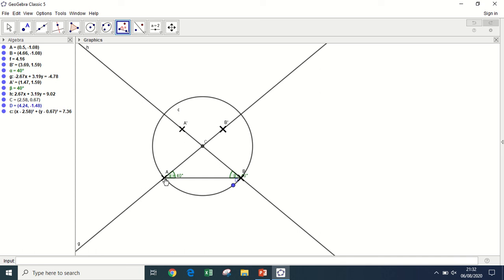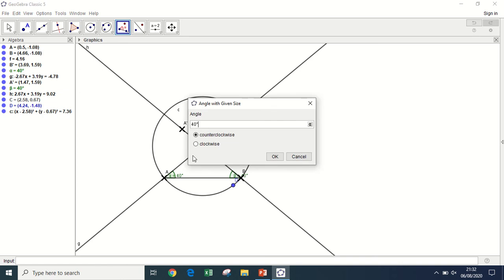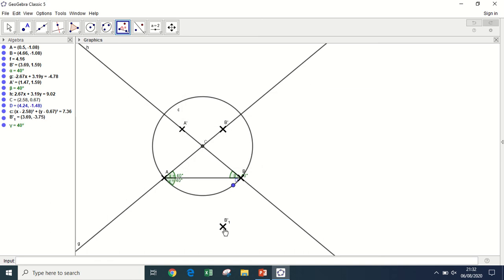Like I'm going to show in a short while. So say we do this, so it should be, I think, clockwise. Yes, clockwise, so that the line passes through this point and that one there. If it does that, we should be able to get another angle of 40 degrees. So where that line meets the other one, the other angle of 40 from here should be the center of the